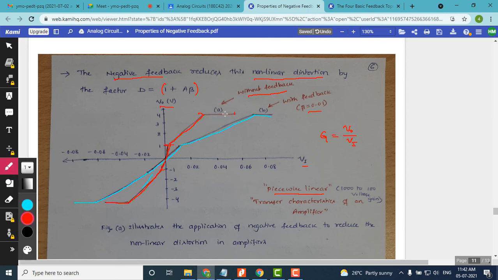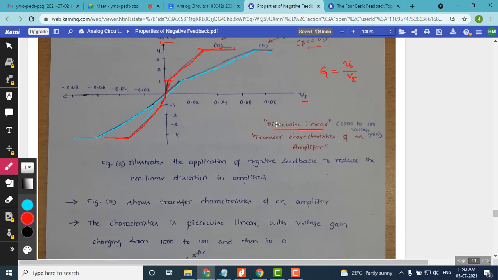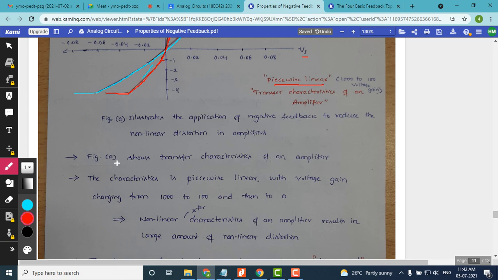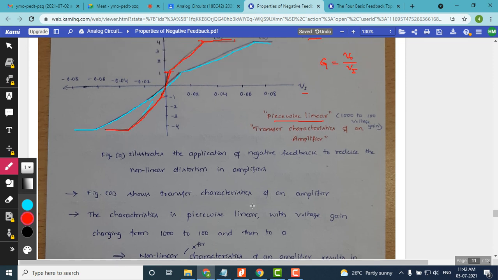Okay, any questions about this frequency response? Frequency, so the transfer characteristics. This is the transfer characteristics of an amplifier with and without the feedback that we have shown here. Figure A shows transfer characteristics of an amplifier. The characteristics is piecewise linear with voltage gain changing from 1000 to 100 and then to 0, as you can